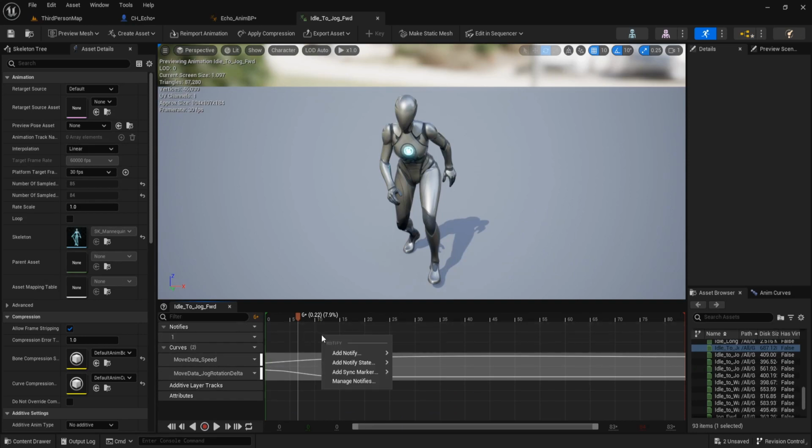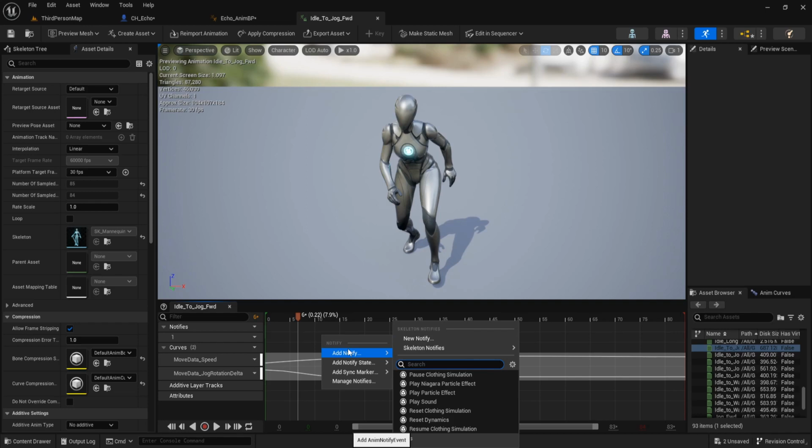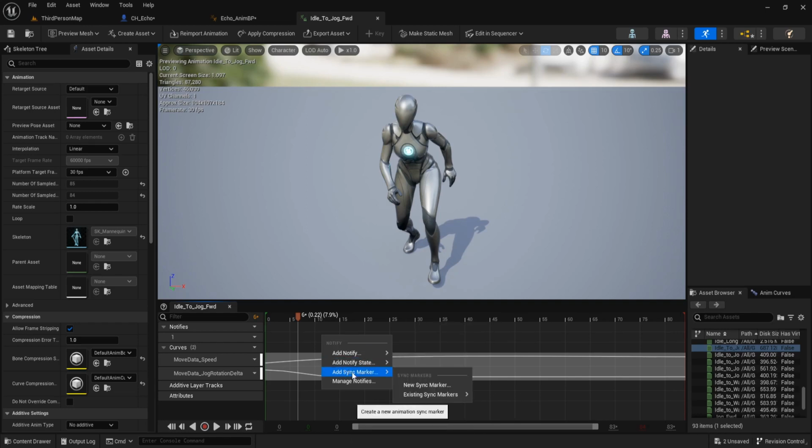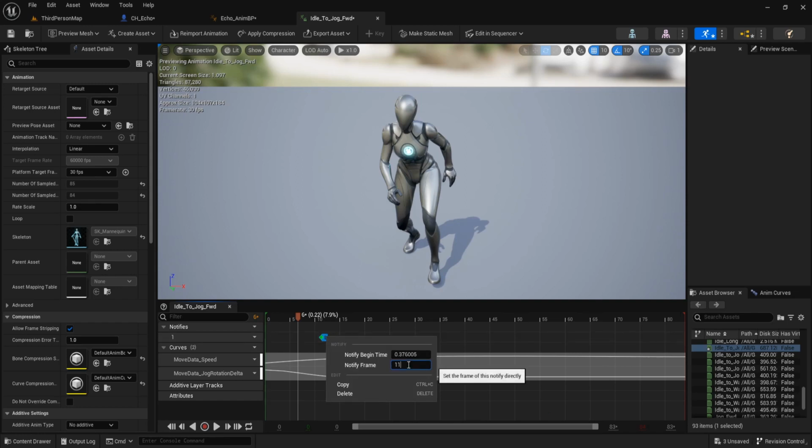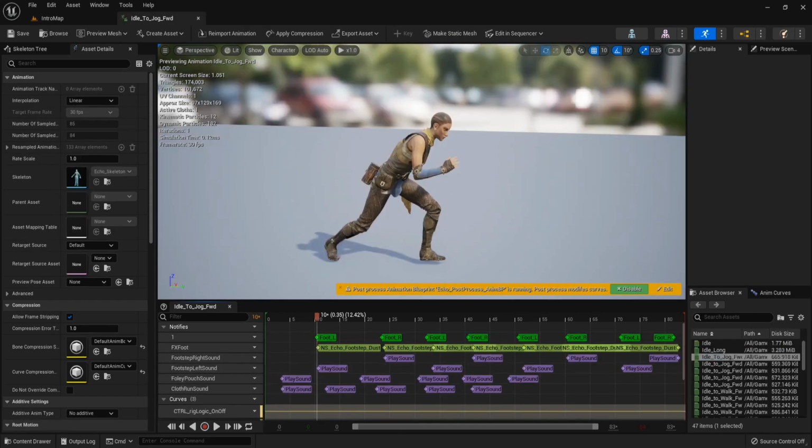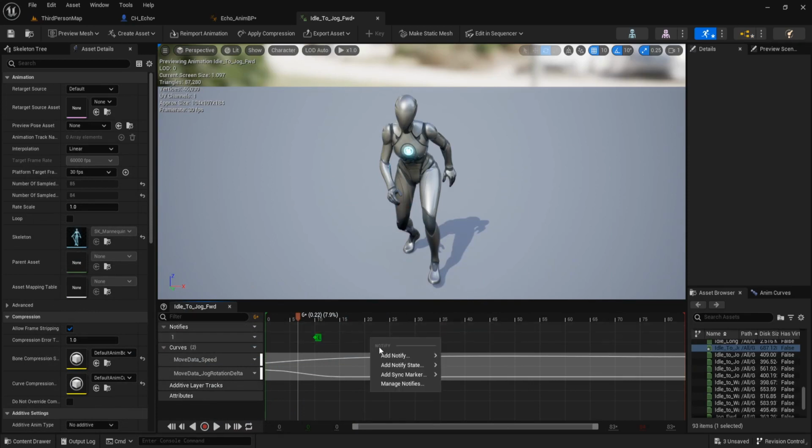And on our notify, right click, add sync marker, and existing sync marker left, and on this left notify, right click and set the notify frame to 10. Continue with this, put right at frame 23, right click, add sync marker and right, and 23.